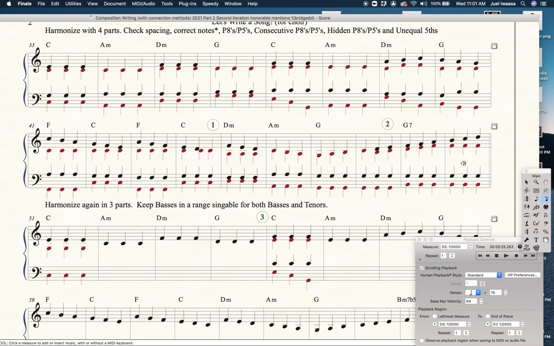Right? It's pretty good. And this sets us up for going back. This D will come down to the C because we're going back to the beginning of the piece at this point. This F will come down to the E, the G will stay there, and the B will step up. And I think